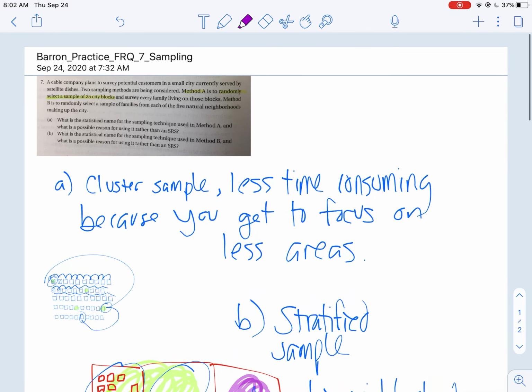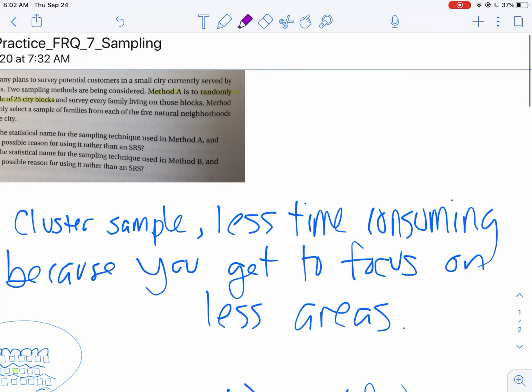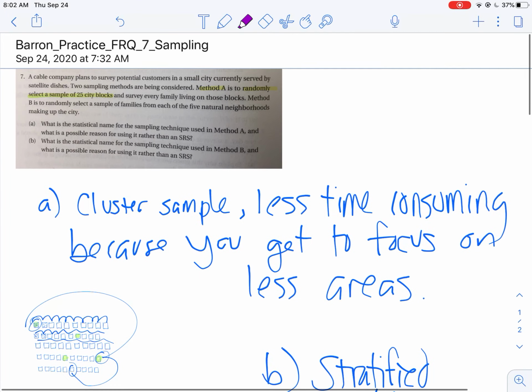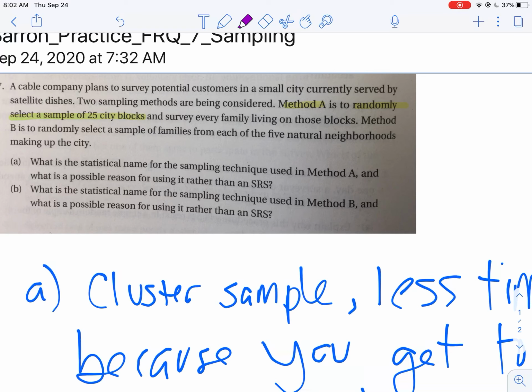This would be an example where a stratified sample would probably be a better case than a cluster sample. Now, this isn't to say that all cluster samples are bad. It all depends on the context. I would just say in this case, with a cluster sample, you could be missing some key pieces of your population. So that's number 7 here, and maybe you had a different approach with this, that's fine. This isn't the only correct answer, but I just wanted to share my thought process, and hopefully it helps you guys in the future when you have